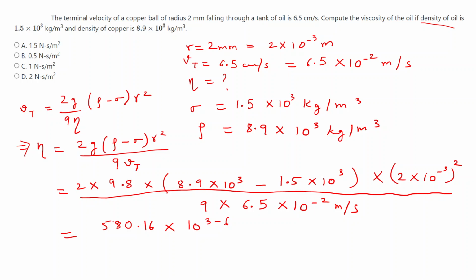minus 6. From here we'll get 10 to the power minus 6 divided by, this will be 9 times 6.5, that will be 58.5 times 10 to the power minus 2. This is in exponent, okay? 3 minus 6 this is. So this will give 580.16 divided by 58.5. Answer will be